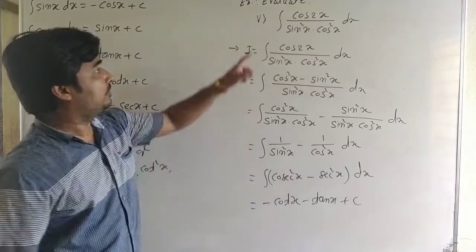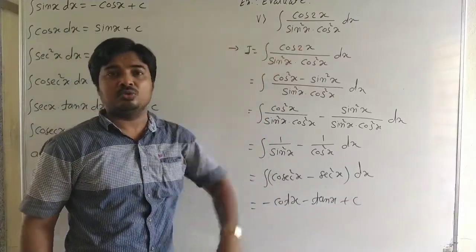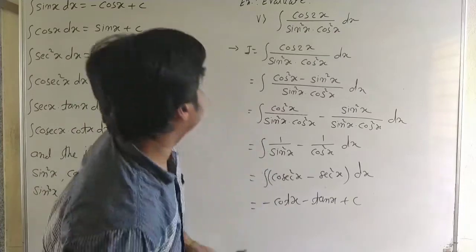It is the integral of cos 2x upon sin square x into cos square x. Okay. Now next,